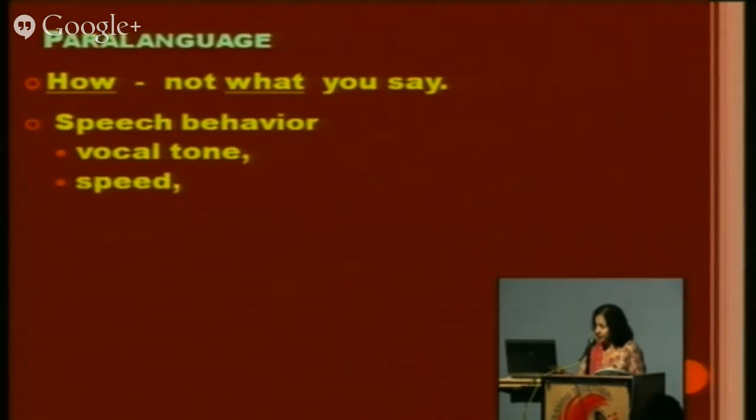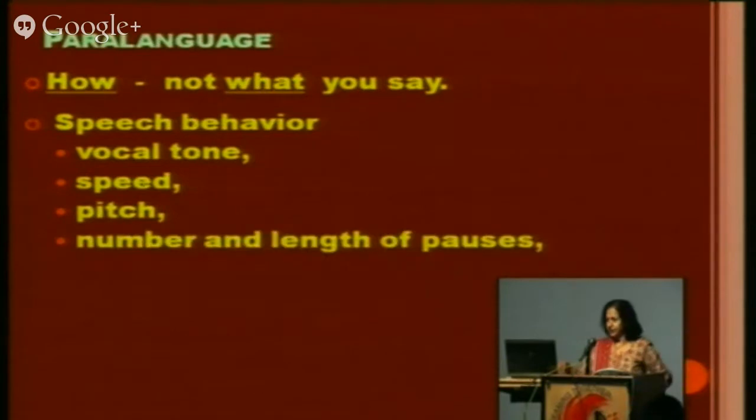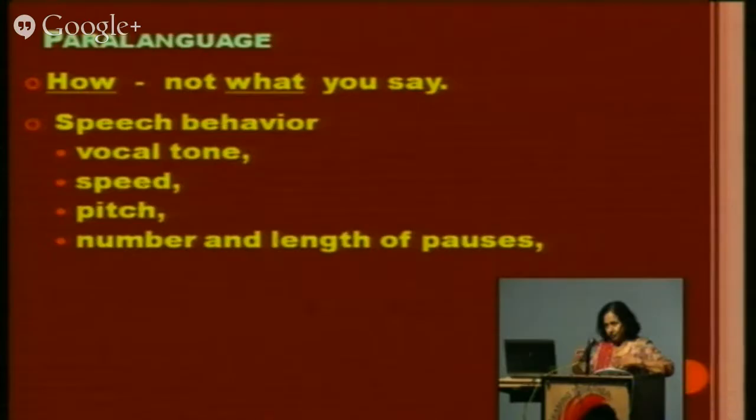वोकल टोन क्या है आपकी, देन यू हैव स्पीड क्या है, ये बदलेगी वक्त माहौल के साथ। वी विल सी हाउ, बट स्पीड, पिच क्या है, लेंथ ऑफ पॉजेस कितने हैं। बड़े बड़े पॉज तो नहीं लगाते हैं आप कि ऐसे लगे कि भूल गए आगे। या स्टूडेंट से जब आप क्वेश्चन पूछ रहे हो तो आप क्या करते हैं, ओके व्हाट वी मीन बाय आई कांटेक्ट सोनिया, तो मैंने कोई पॉज नहीं दिया बीच में, ठीक है। अब मैं कहती हूँ व्हाट वी मीन बाय आई कांटेक्ट, तो मैं सोई, पॉज ही पॉज है। अब मैं कहती हूँ सोनिया, बाकी क्वेश्चंस भूल जाते हैं कि पूछा भी क्या था। सो कितना पॉज देना है, इट्स आल्सो ए नॉन वर्बल टाइप ऑफ स्पीच बिहेवियर है आपका।